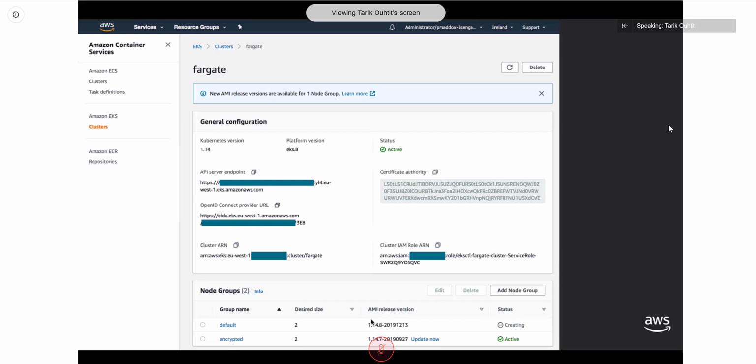It's creating the auto-scaling groups and EC2 instances in my AWS account, and it's managing those for me. It will also manage the upgrades to those worker nodes. You can see here my encrypted node group has an update available to the version of Kubernetes. I can just click Update Now, and this will safely upgrade all my Kubernetes worker nodes. This is a really nice improvement for customers running Kubernetes.